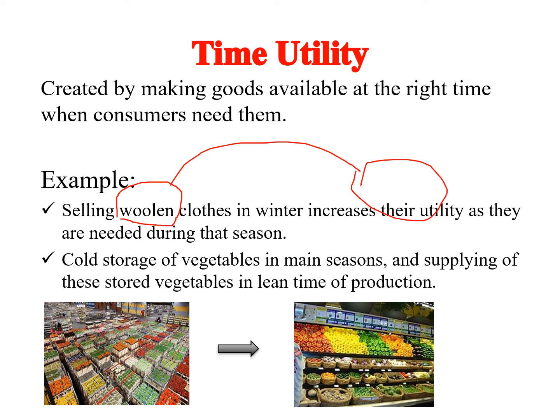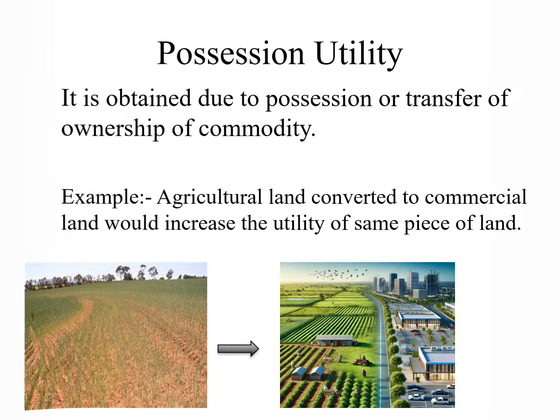Another is cold storage of vegetables in the main season and supplying these stored vegetables in the lean time of production. This is one of the most important practices in the agricultural sector to get benefit, and it is basically done by farmers with potato and onion to get high benefits. Now moving towards the fourth type of utility, that is